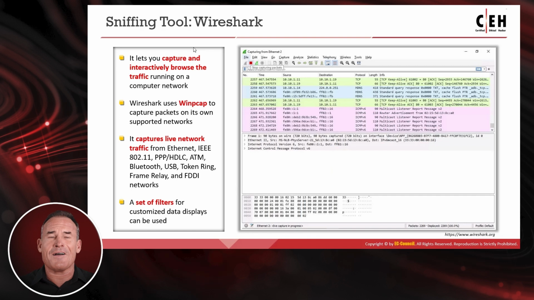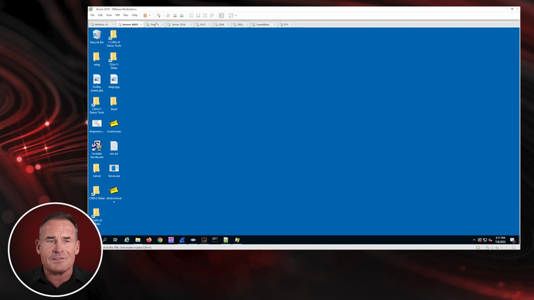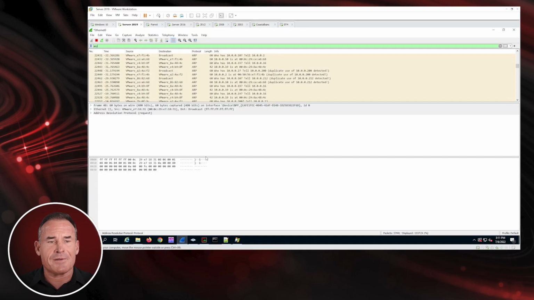All right, then we get introduced to Wireshark, which we've already seen a bit of. Wireshark is one of the most powerful tools out there, period. And like I mentioned before, it's free. You gotta love that. There's lots you can do with Wireshark, but it does require some filters. Otherwise, you're gonna be wading through a haystack looking for the needle. All right, so Wireshark, I'm already capturing, and I'm actually gonna do